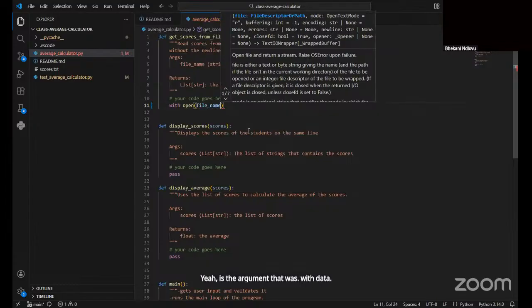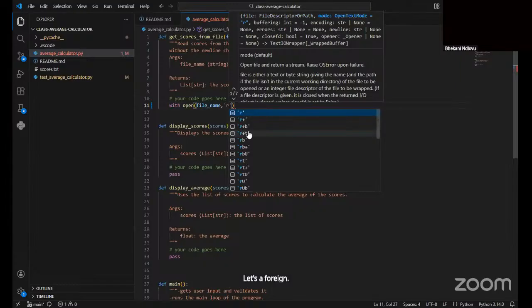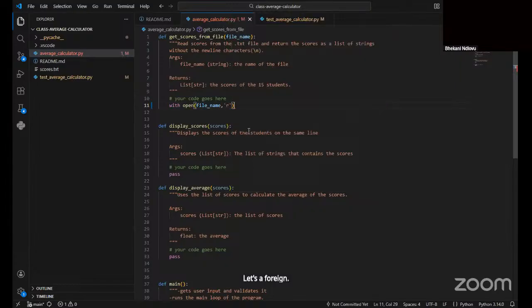And then we say comma, and the other letter for reading, as a string, as file.